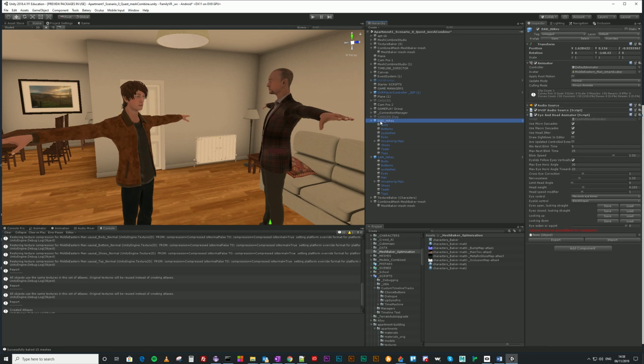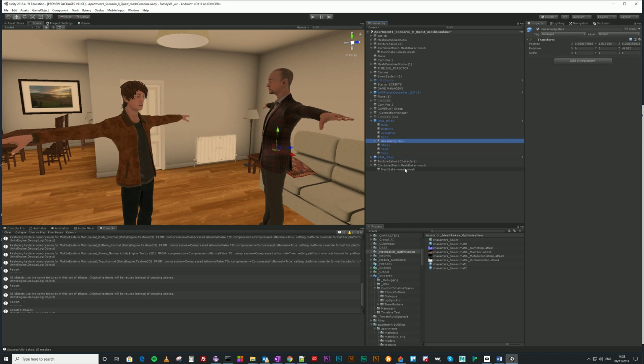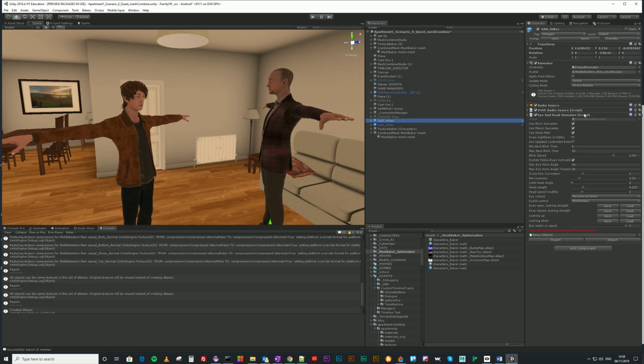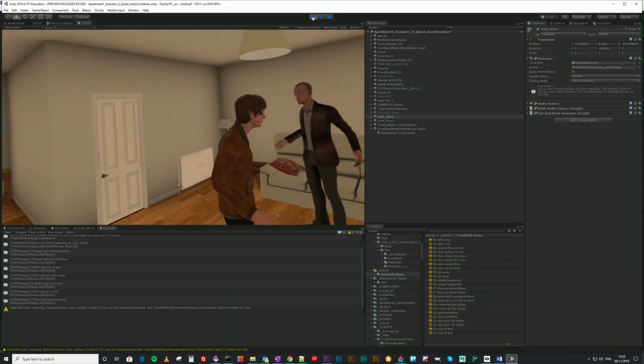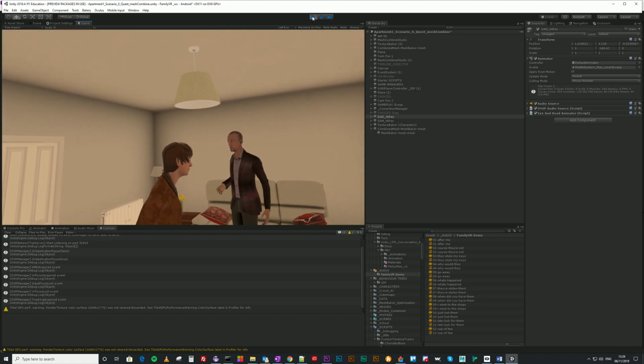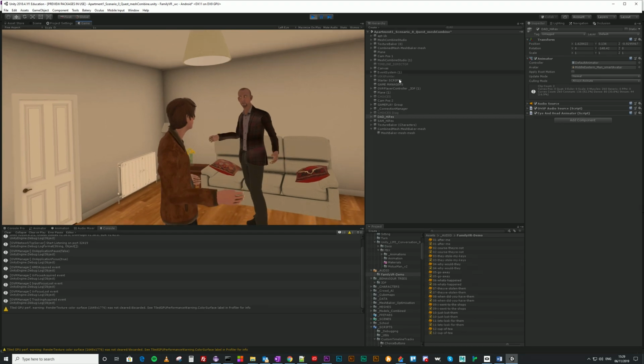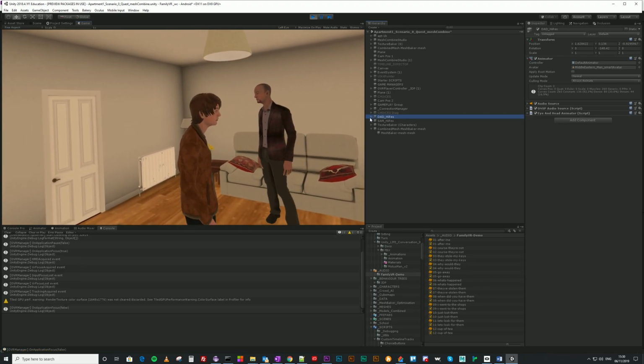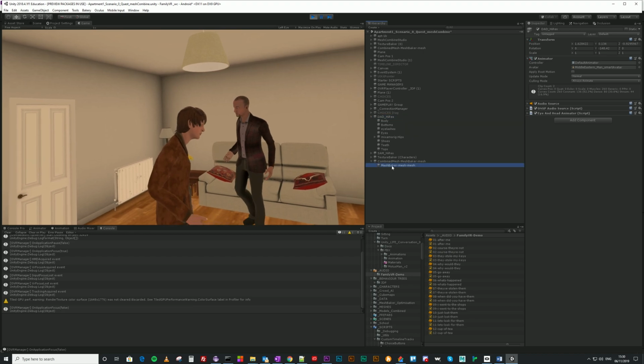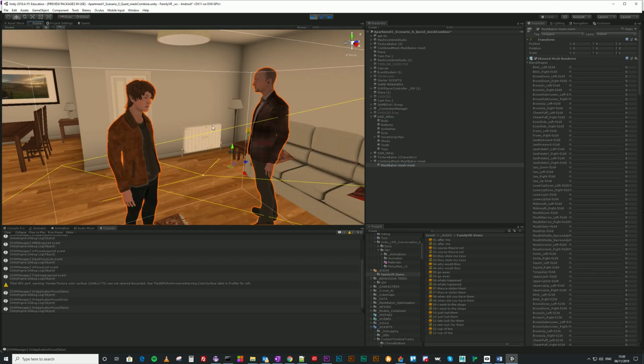So you don't delete these because they've got your rig, which is linked to this, and obviously you've got your animator and any other scripts that you're using. I guess at this stage it's a good idea just to check that your animations are still working. So I'm just going to do that quickly. It's going to be a little bit difficult because it's a VR project, so I need to hold my headset. Our animations are working fine,